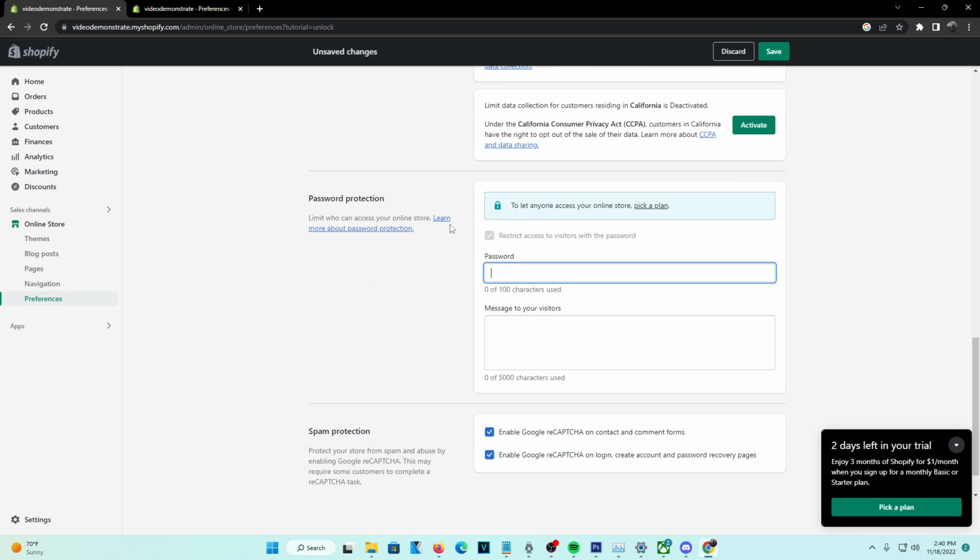and basically right here, guys, you can restrict access to the visitors with this password. Now you actually need a plan for this, guys. If you don't have a plan, you can't make any visibility changes. So go ahead and pick a plan, and from there you can restrict access or give access to people